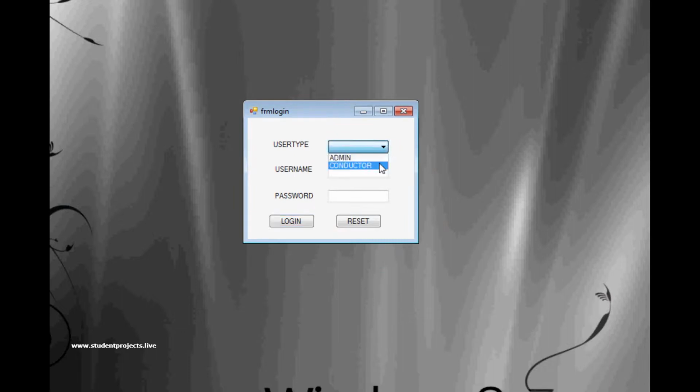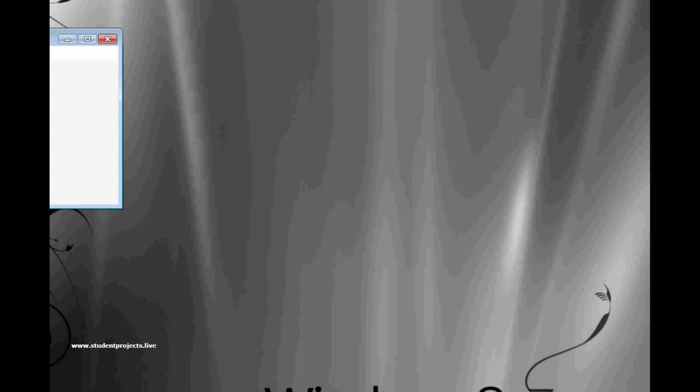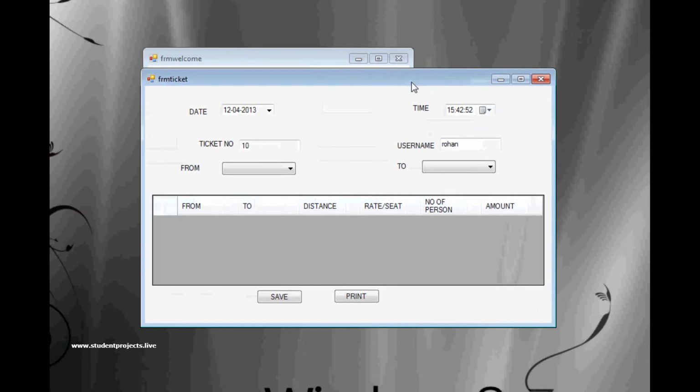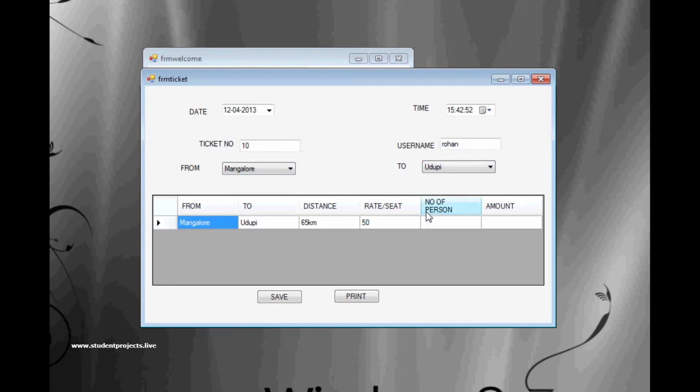Now let us log in as the conductor. The user type conductor must be selected and then the username and the password which is provided by the admin must be entered here, and by clicking on login, the conductor will be logged in, and by clicking on ticket, here the conductor can take the ticket by selecting the from place and the to place,